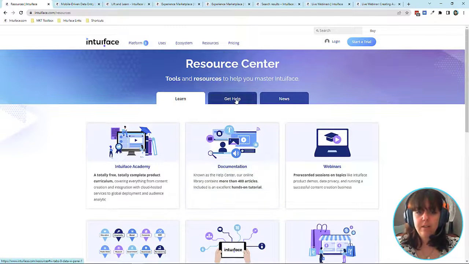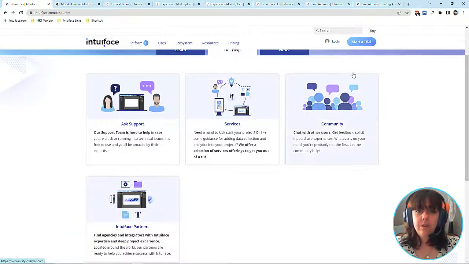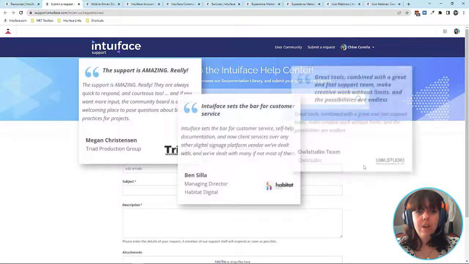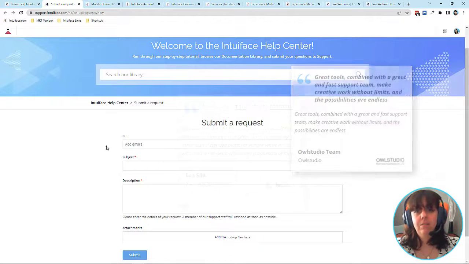Now we can jump to the next category, the Get Help resources. So if all of the learning resources that we've showcased weren't good enough for you and you really need to talk to someone, there are different options. First, you can always contact support. The support team is great and has been praised by a lot of customers. So if you're stuck on something, you can always create a support case